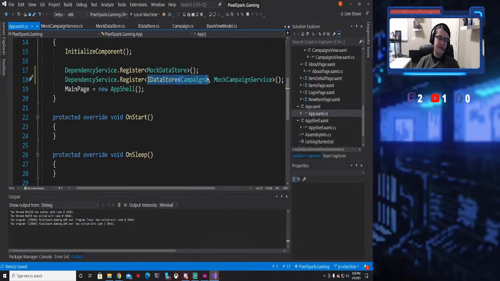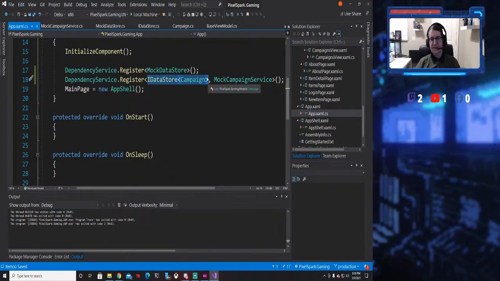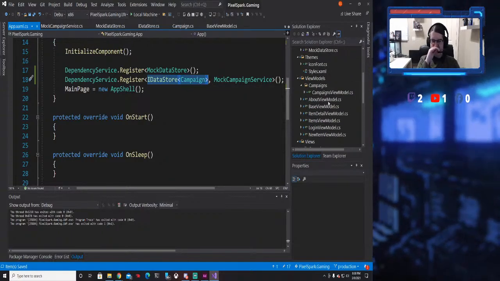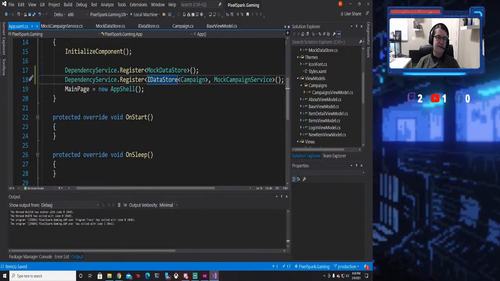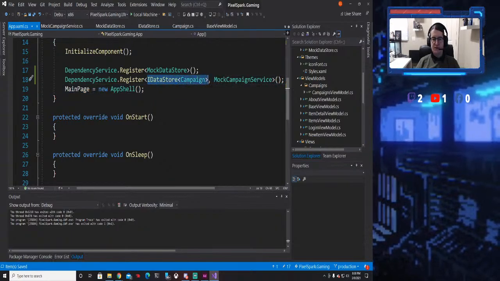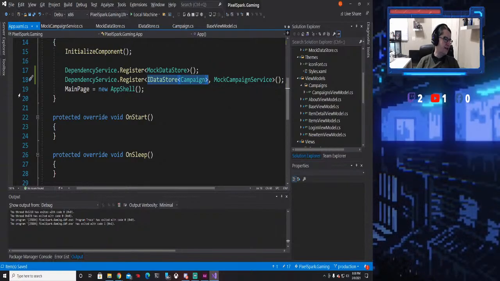And the reason why this is good, because if you're a better developer than I am, you'd actually write unit tests for all your view models, so you can test all the logic in them without having to run the app, and you can automate that and test it down to the smallest thing. But instead of having to use a real data source, you can